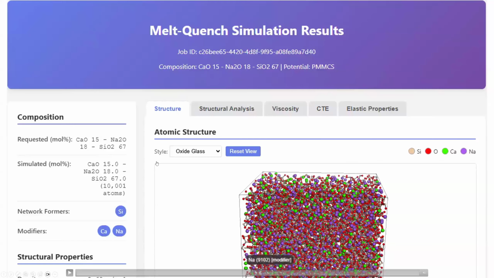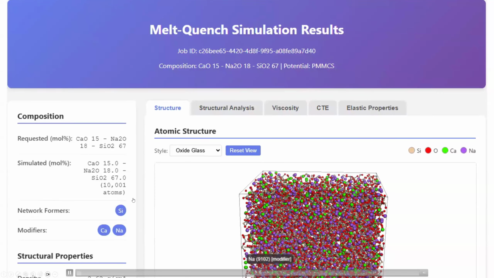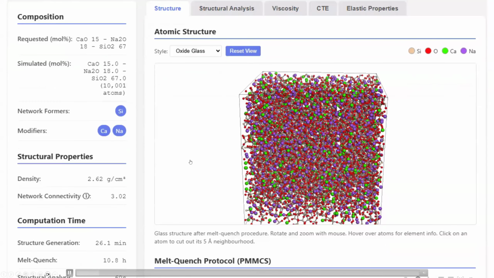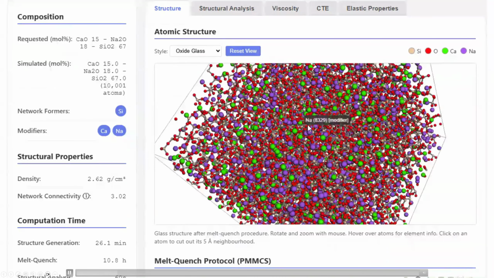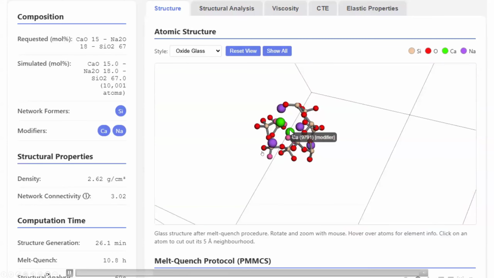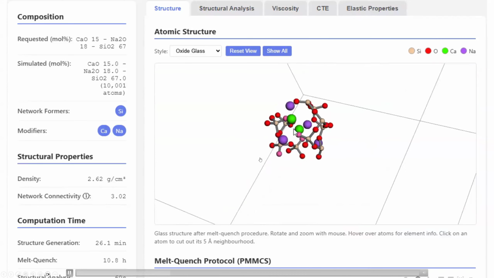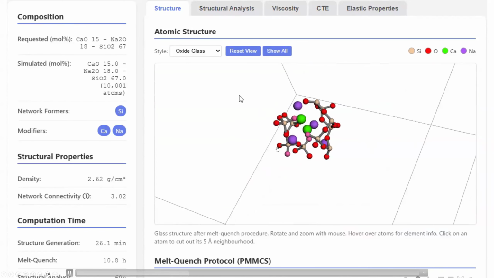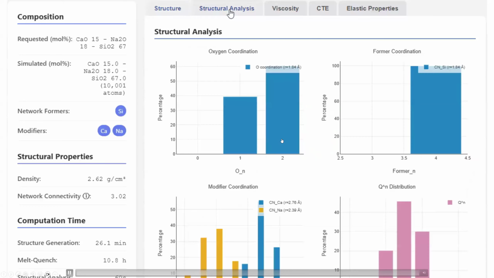And this is roughly what it looks like. So you get a view of the glass structure that you have created. So you can, if you're interested, look at the environments of individual ions in the glass structure to see whether that fits with your intuition.